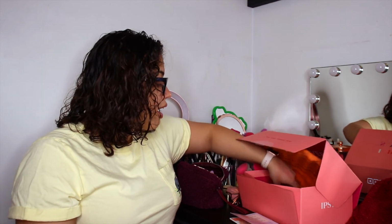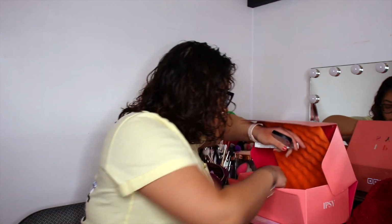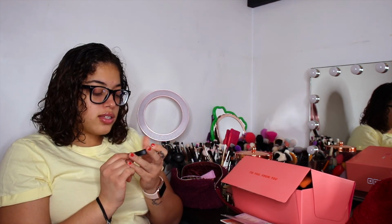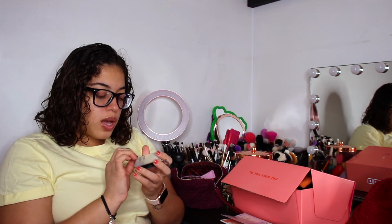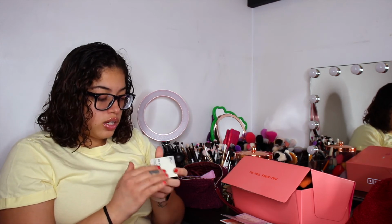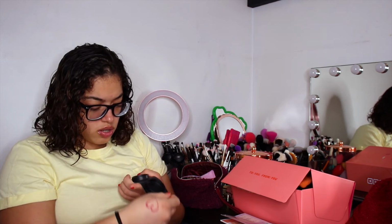The next thing we have is, we have actually 3 more products in here. So let's just take them all out. So this one is the Bye Bye Pores Pressed Airbrush Finish Press Powder. So it's sealed. It has a lot of the fuzzies from the bag on it. If I can, how do you open this? Oh, so it's just like a